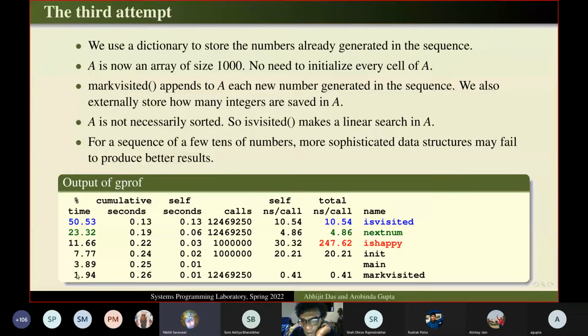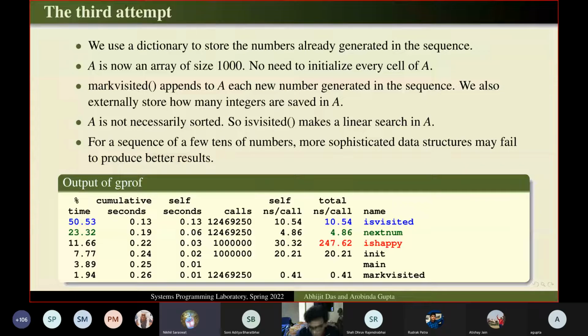And that is expected because is visited is making a linear search. As you insert more and more elements in the array A, the search becomes more and more costly. Agree? So now I focus my attention on is visited. One possibility that I mentioned here is to go ahead with some more sophisticated data structure like a height balanced tree, or even a sorted array so that you can make binary search instead of linear search. What things will happen? That requires